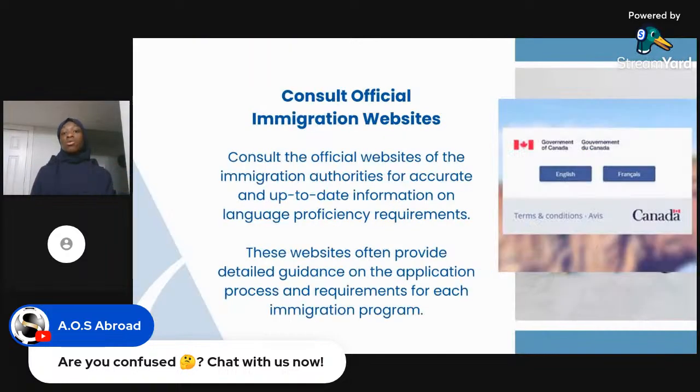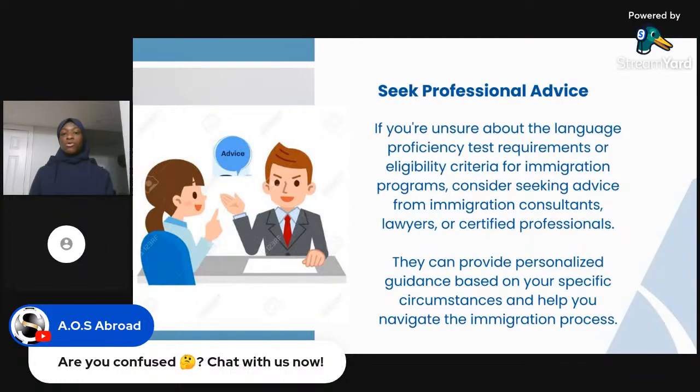All right, now consult official immigration websites. Consult the official website of the immigration authorities for accurate and up-to-date information on language proficiency requirements. Don't just listen to what they say. When you hear something, you have to go on the official website and confirm if it is true so that you do not get scammed. All right. These websites often provide detailed guidance on the application process and requirements for each immigration program, and you